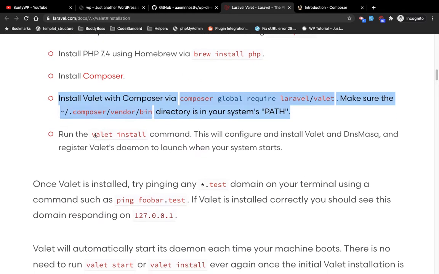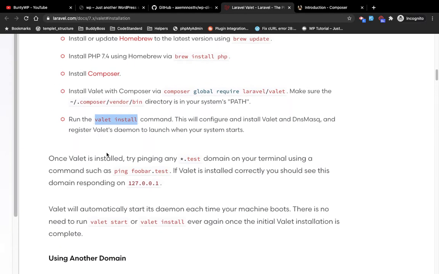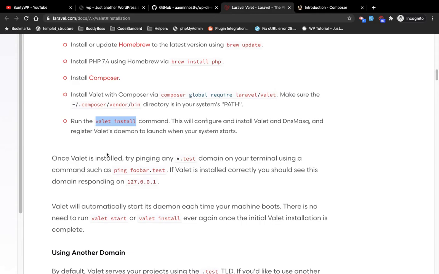Now run this command, valet install. After running this command, Valet will be installed on your system. So once Valet is installed,